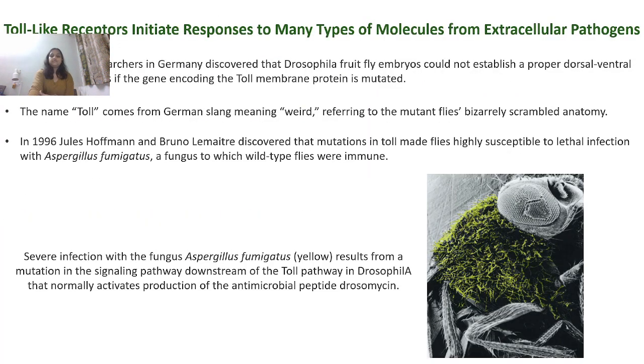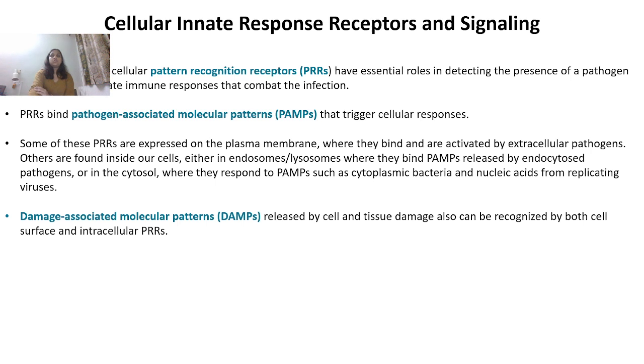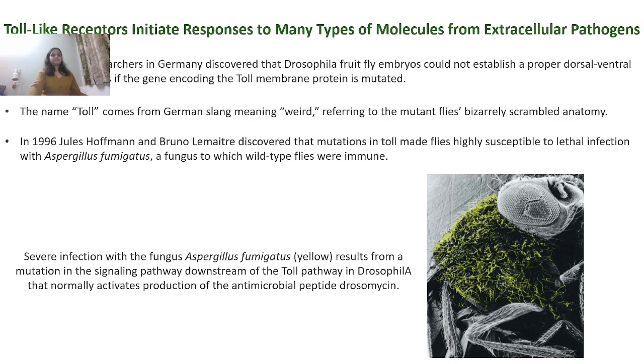So first we will know one by one what are the different types of innate response receptors. First is the toll-like receptor, or the TLRs, which are found to initiate responses to many types of molecules from extracellular pathogens. So in 1980s,